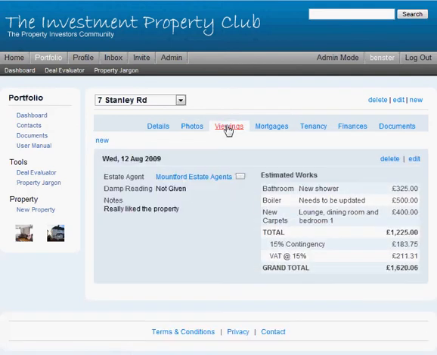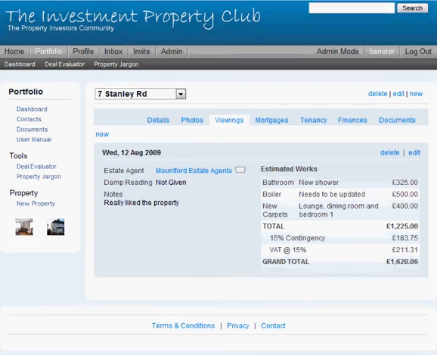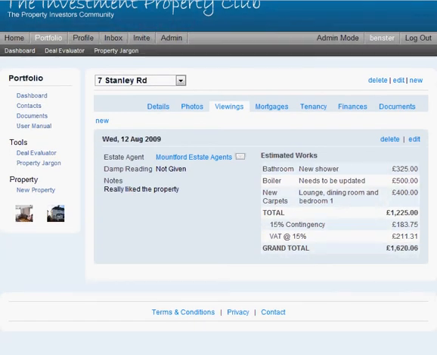The viewings module shows you an overview of all the viewings you've ever done on the property by date. Here you can see you've got the estimated works which you can add to the viewing, and this allows you to get a rough idea of how much it's going to cost you to do refurbishment or maintenance on